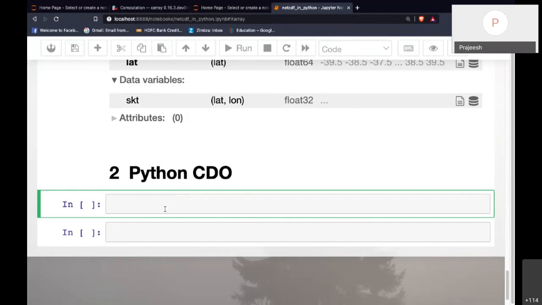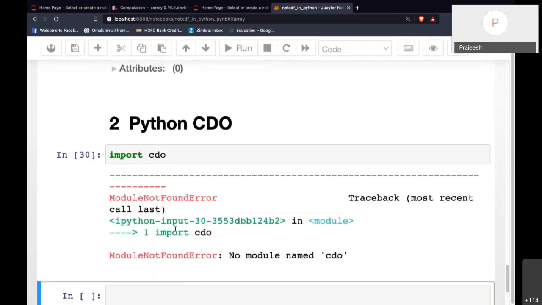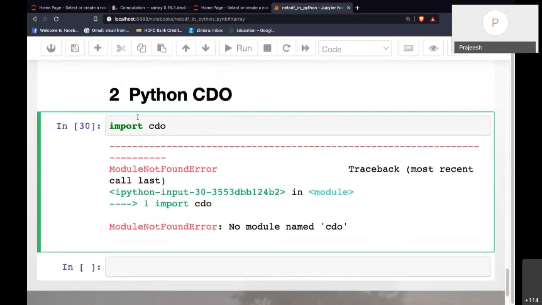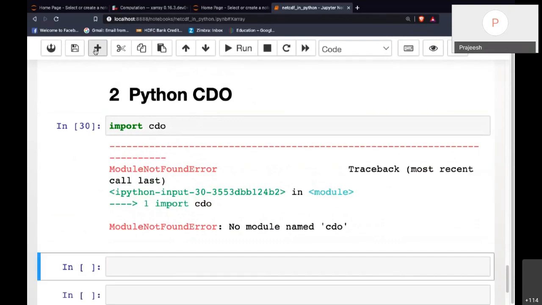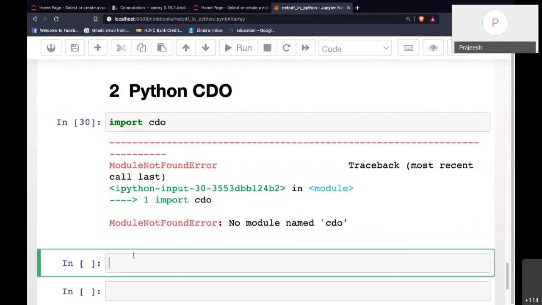Okay, which can be imported by typing import cdo, and of course I don't have it installed, so I need to install it. Pip install cdo.